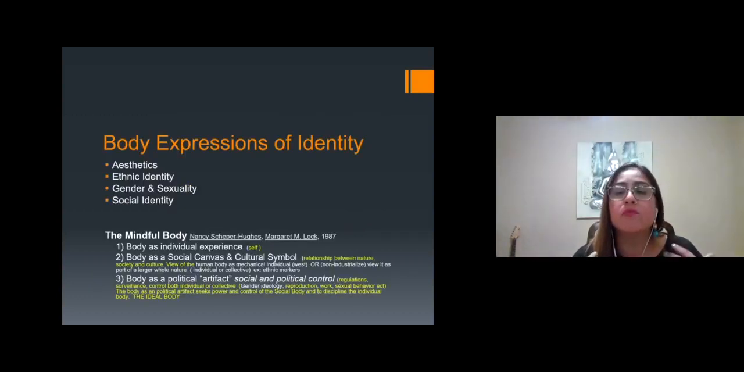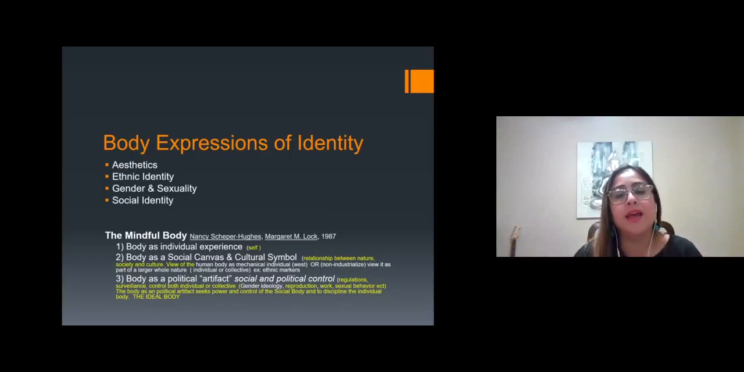Because the body expresses the individual's identity. And this identity belongs to the person, but it also belongs to a larger whole. And I will go into the mindful body in a second. These are the things I'm going to cover. Next, I'm going to cover aesthetics, concepts of beauty in detail, ethnic identity, like ethnic boundaries, as I just discussed, gender and sexuality, ideas that the body reveals of this, and social identity. Each one of these I'll break down and